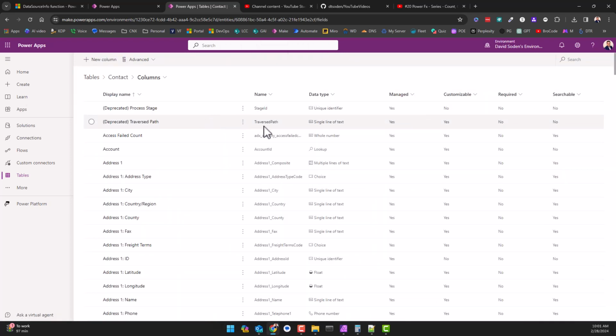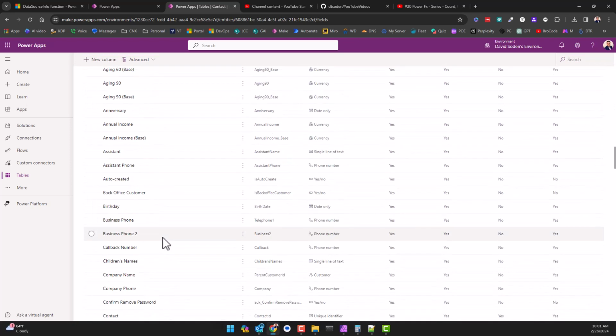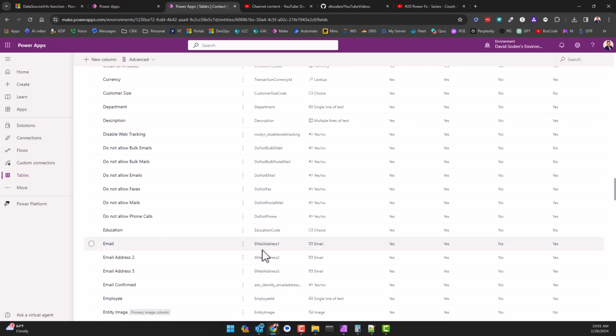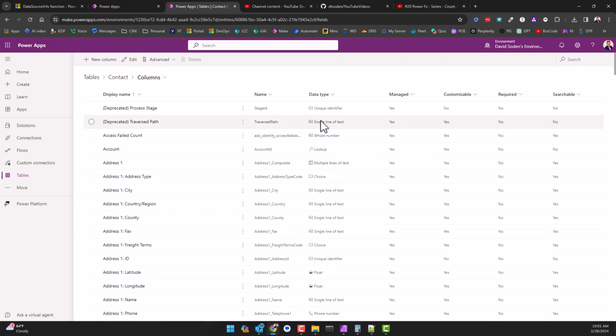Now if I come down to columns and I try to look at this information, trying to find, let's see, where's email, email. Here we go. Okay, so this is the display name, but the programmatic name, if I scroll all the way to the top, I wish they had sticky stuff, this is name. So this name column is the programmatic name. And so this is usually the problem that I have. I know what the display name is. I just need to know programmatically what the